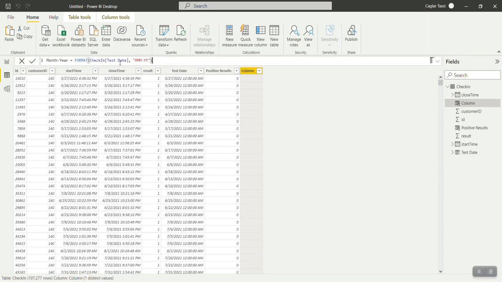Now the problem with the month is that we cannot sort it alphabetically, because then it won't give us the right results. If we sort it alphabetically, then April comes up first instead of January. So we will have to use a sort order which works for months, and for that we will be creating another column called year month code, which will help us in sorting the month year.